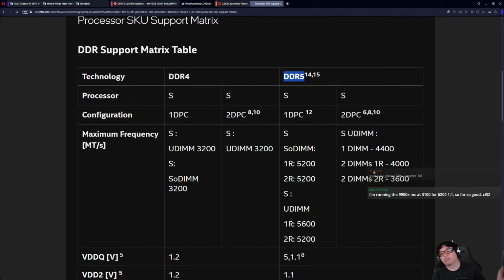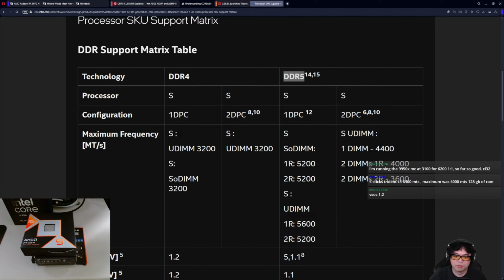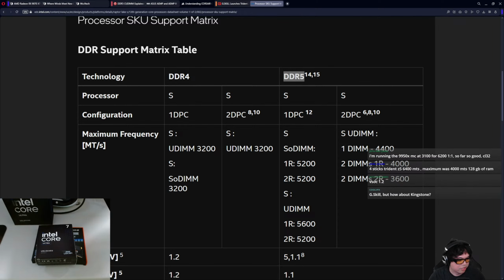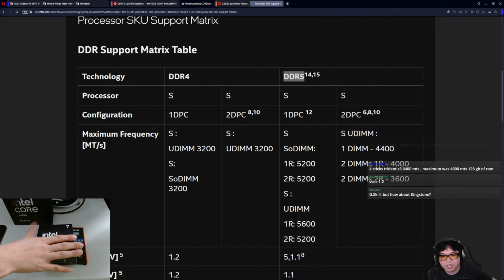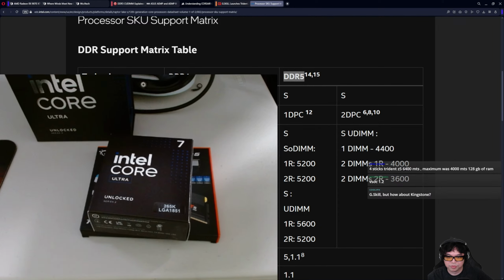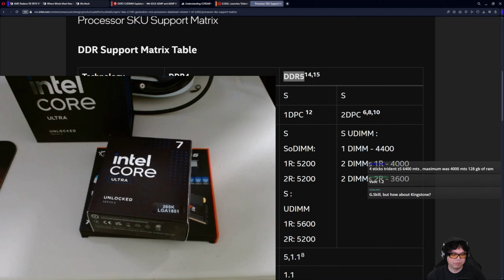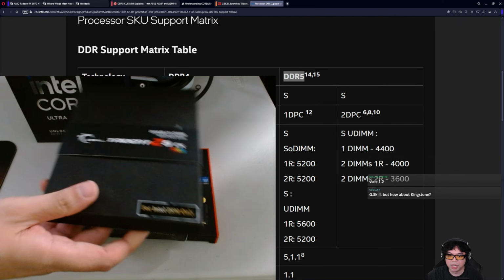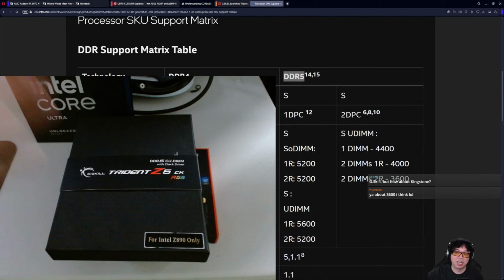Now, that all changes with Arrow Lake. Arrow Lake, get this Ryzen out of here. What's this Ryzen doing here? Arrow Lake has CUDIMM. So the whole idea behind CUDIMM is we can combine it with Arrow Lake to get higher